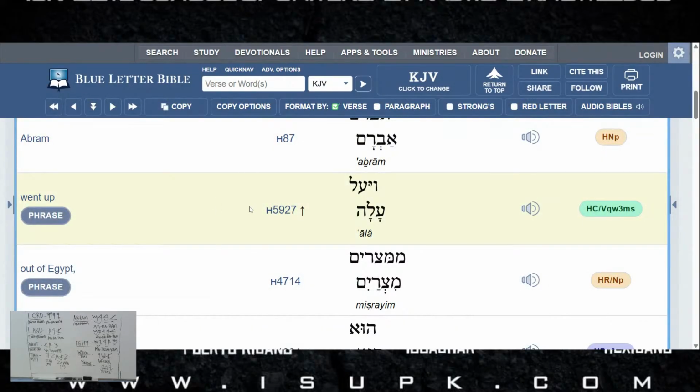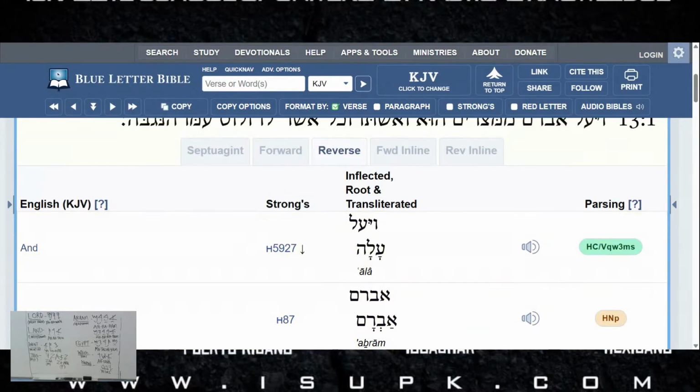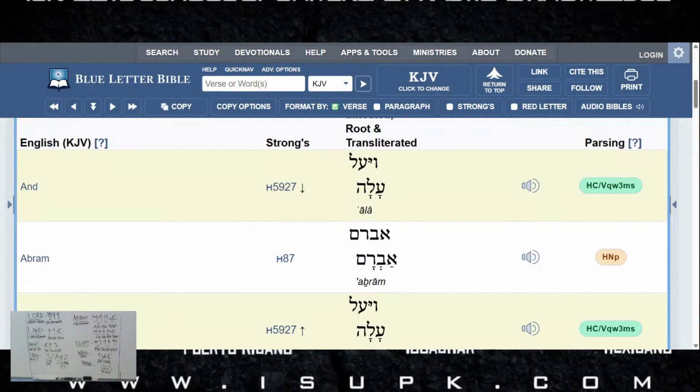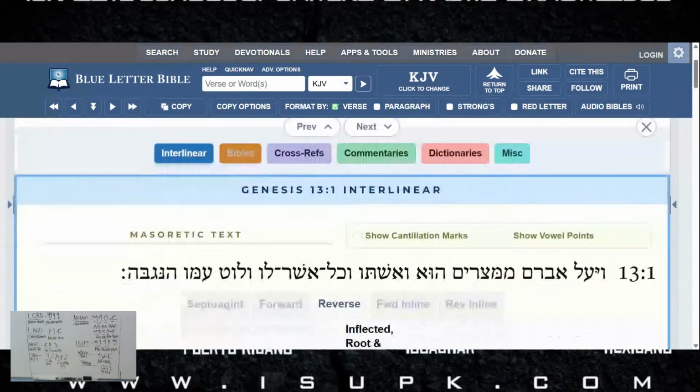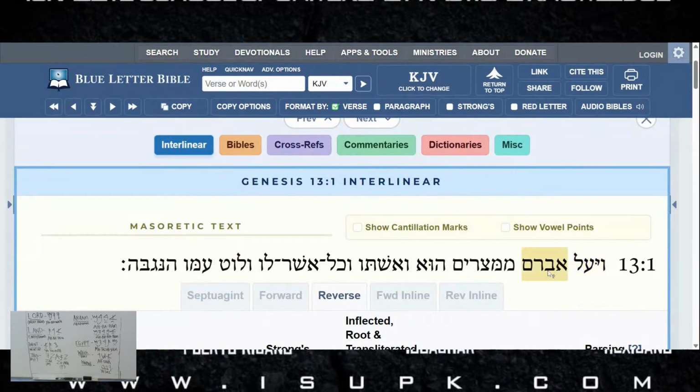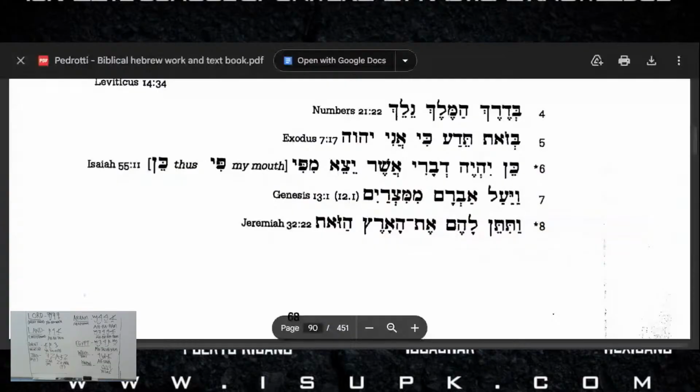So they're saying "went up." It's saying, hold on, let me get up here and translate this. And went up Abram from Matazarium. So, and Abraham went up from Egypt. That's what it's saying. In layman's terms, Abraham went up from Egypt. That's all it's saying. All right, let's get to the last one so we can get up out of here and y'all can get back to y'all Sabbath, man.